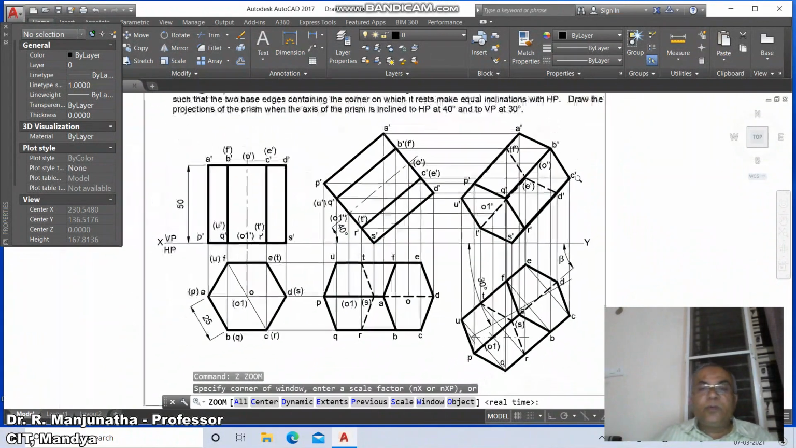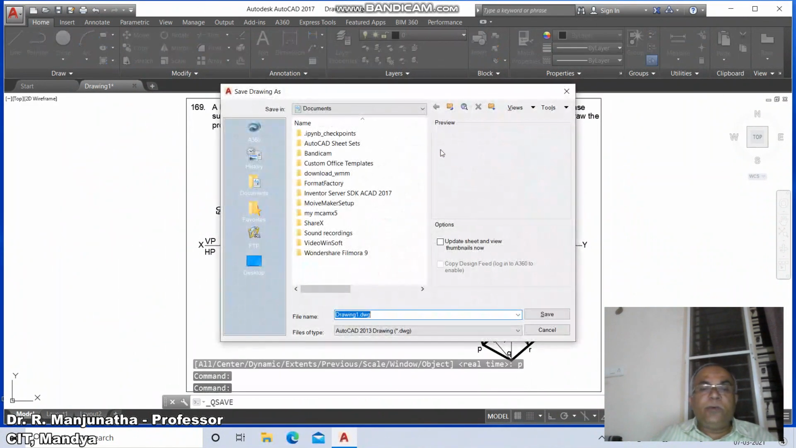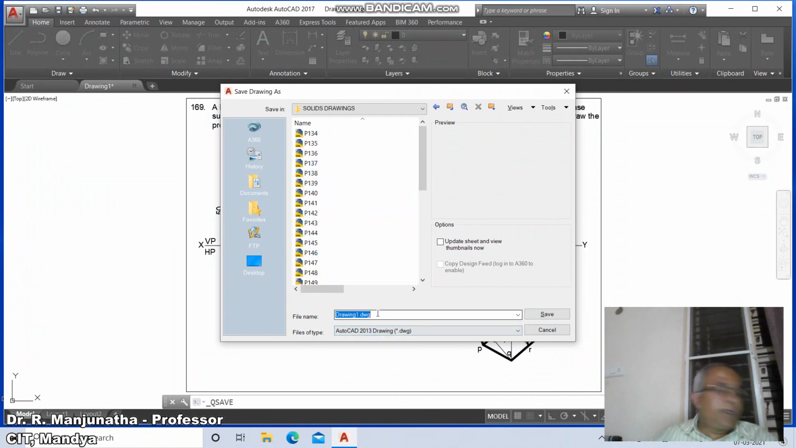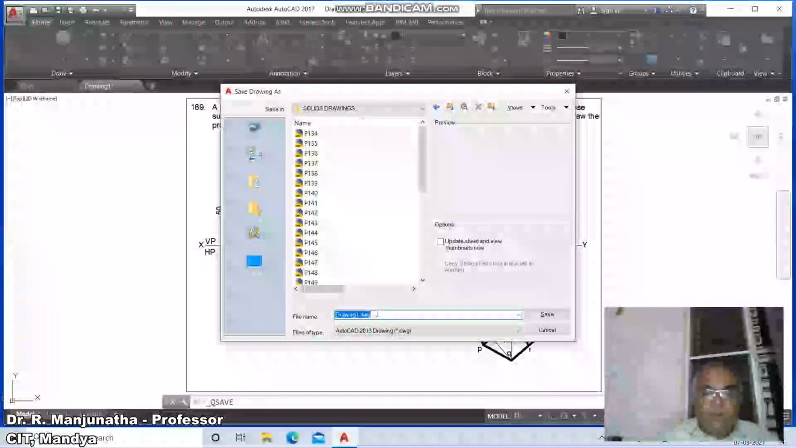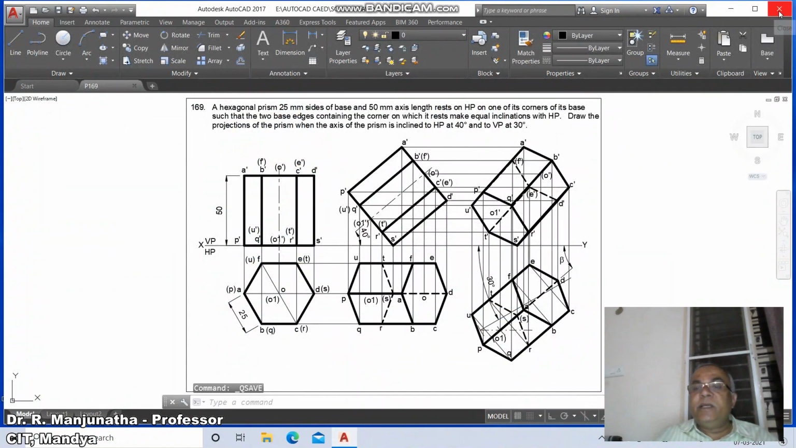So once you do that, then go to save, click on save, go to appropriate drive, E drive, go to AutoCAD, go to Solids Drawings and type P169, put the caps lock on, type P169 and save it, and finally you exit the